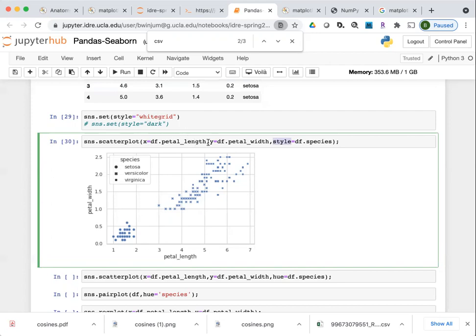I mentioned white grids, so perhaps this escaped your notice, but it put in the legend, the markers for each species, a title for the legend, the grid, and the different X and Y labels.